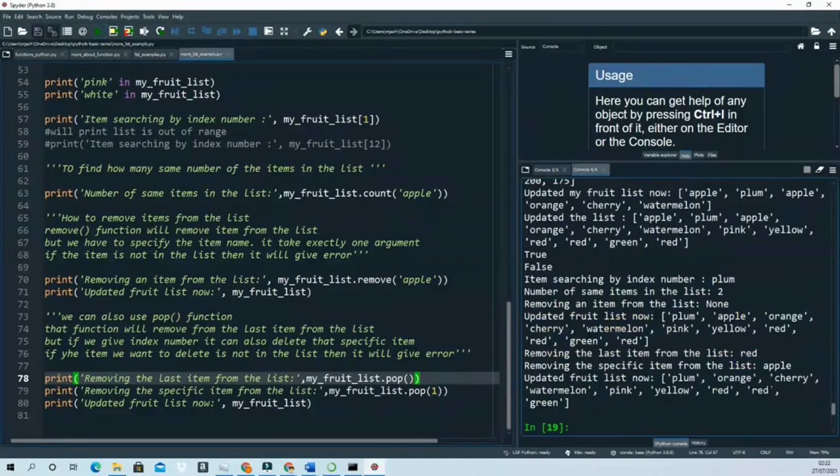You see the green, after green it should be red. You see them, the green then red, but there's no more red there. You can also pass the index number. What is in my index number? Plum is in the 0th index and orange is in the